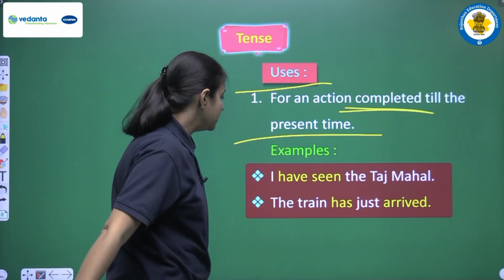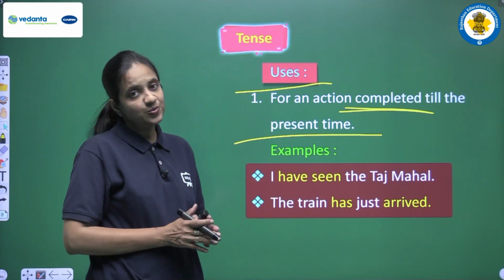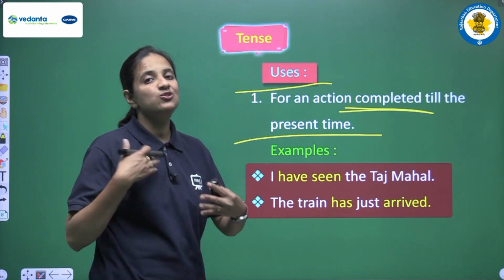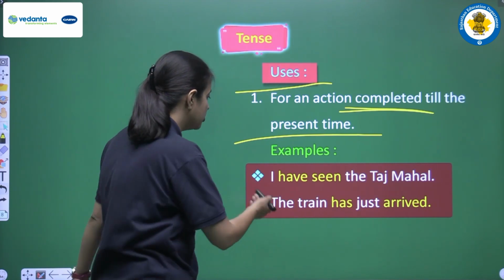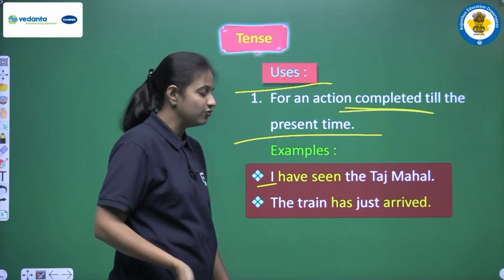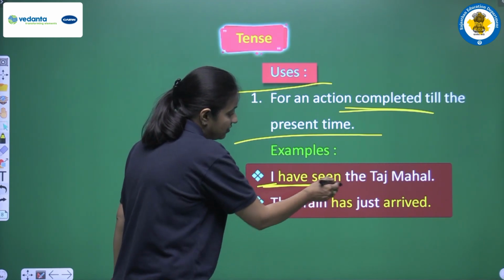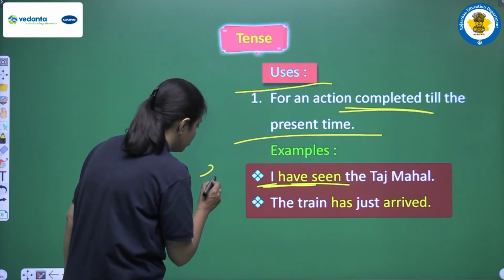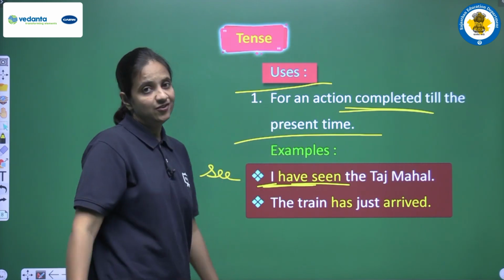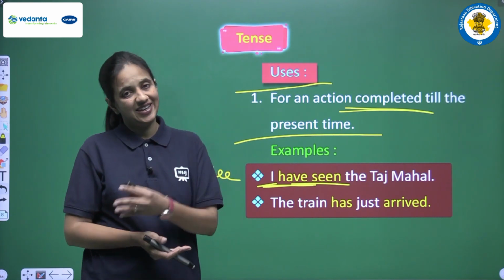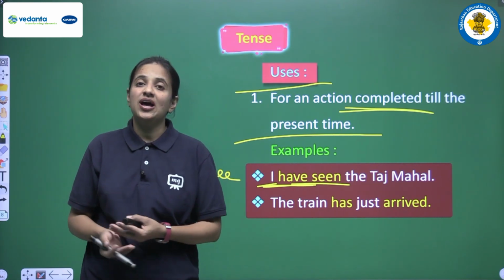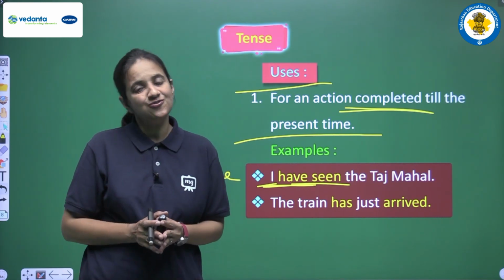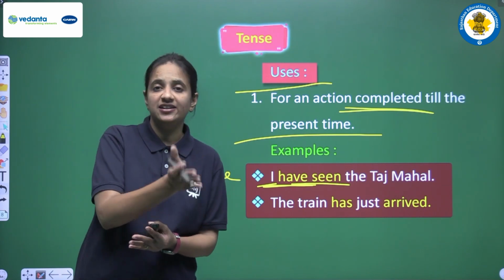So what it means, let's see some of the examples. Like if I am saying that I have seen the Taj Mahal, so in this sentence we will use present perfect tense, and because it's a plural subject, so we will use have, and we will use the third form, that is seen. So again seen is the third form of see. Okay, second form is saw. Okay, so again students, I am repeating this thing, you have to learn all the different kinds of forms. Okay, see, saw and seen.